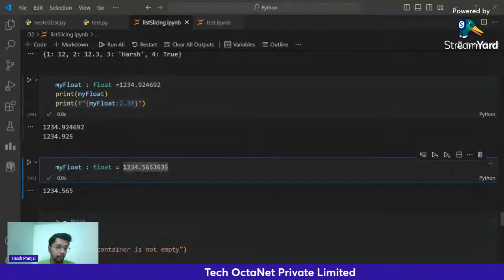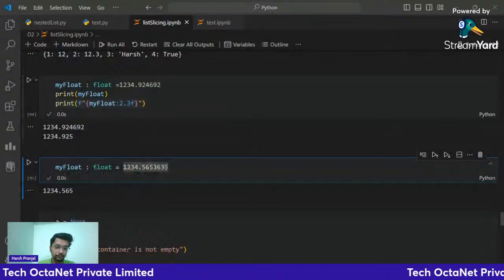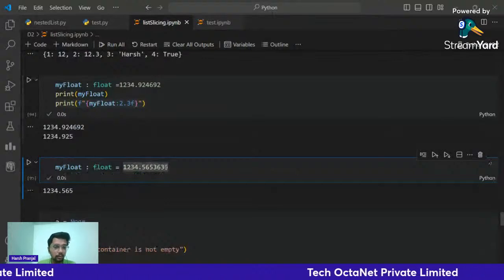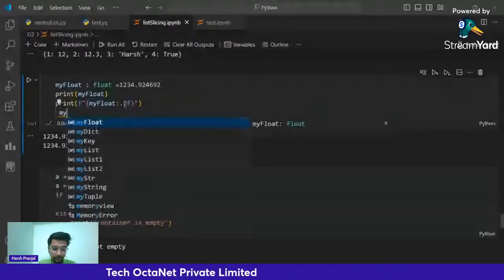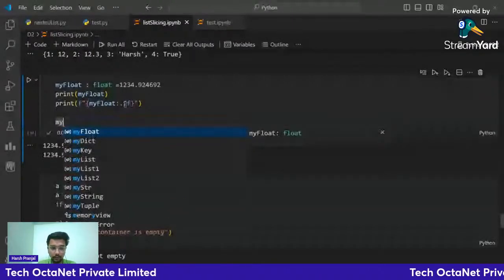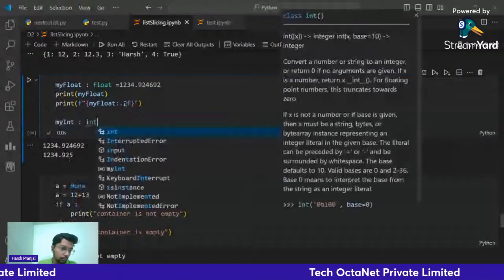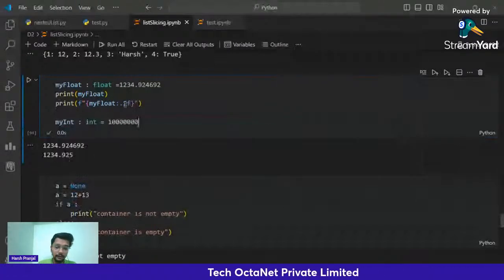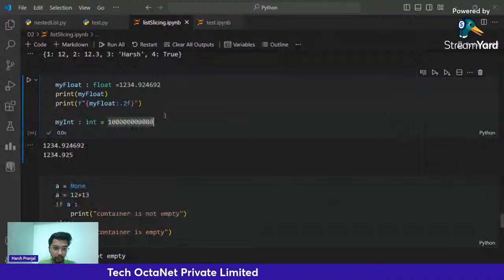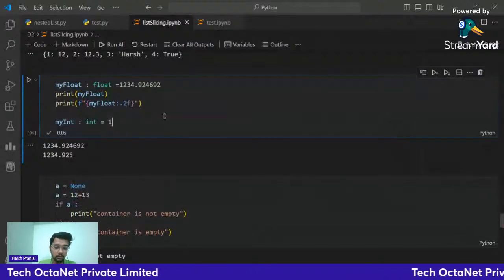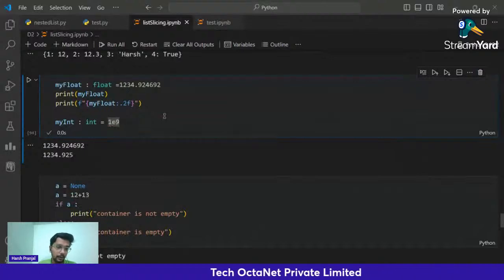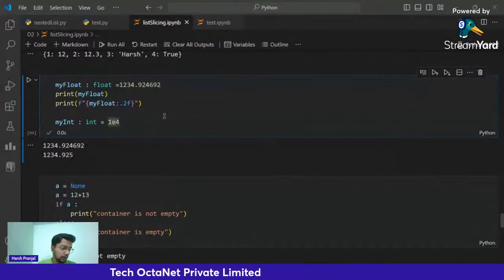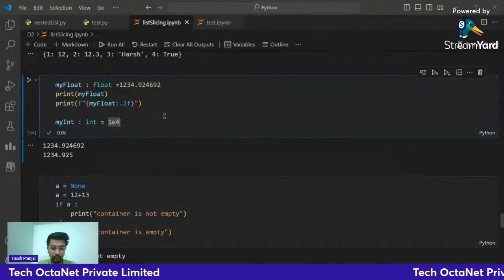After the decimal point, these values will be used to get the significant digits. Now let's see if we have an integer of type int. If you want to get a number like this, there is one easy way: 1e9 will give you 10 to the power 9, and 1e4 will give you 10 to the power 4. Now if it will print,